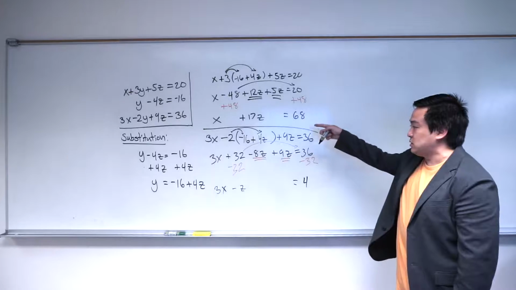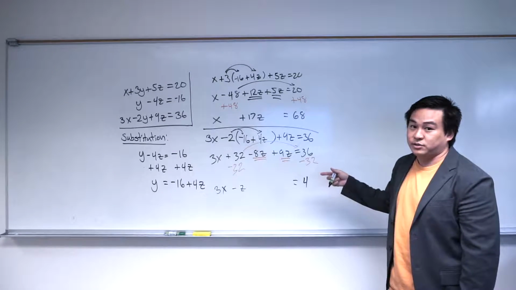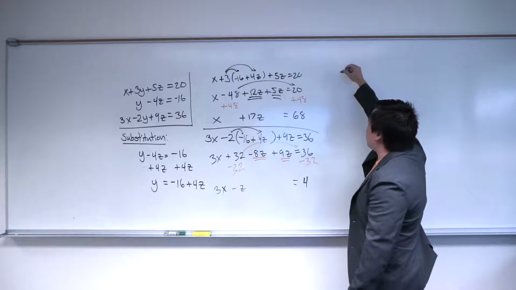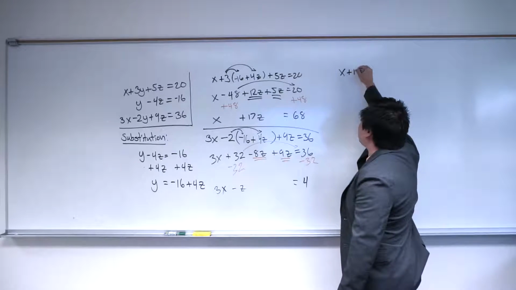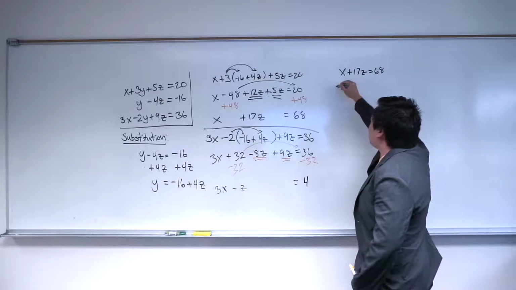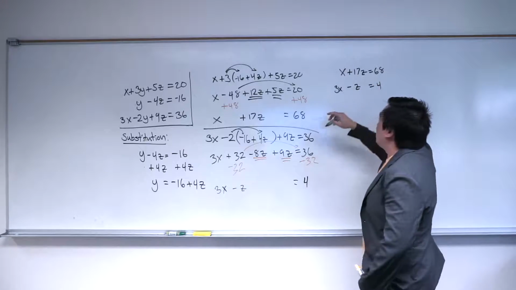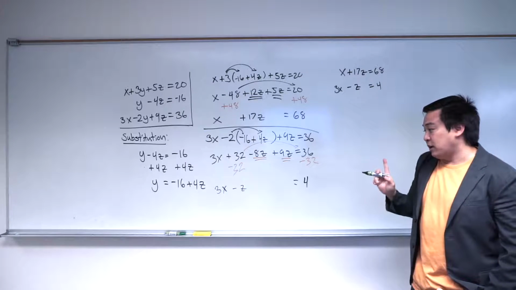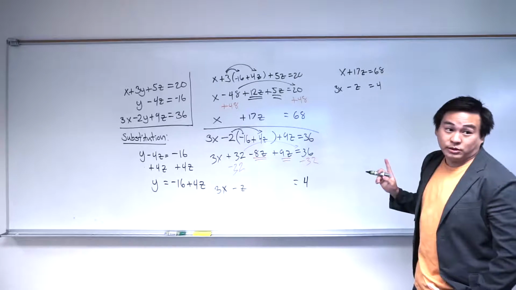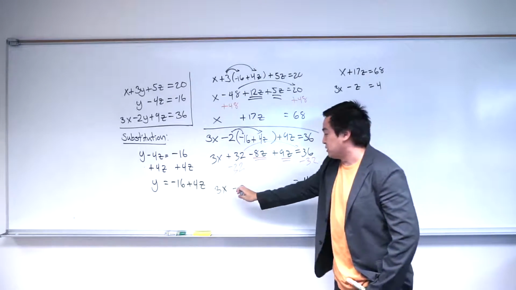Now, if you look at these two equations, you'll notice that it's just a 2x2 system. And so we can write out x plus 17z is 68, and then 3x minus z equals 4. And to solve this, then we have